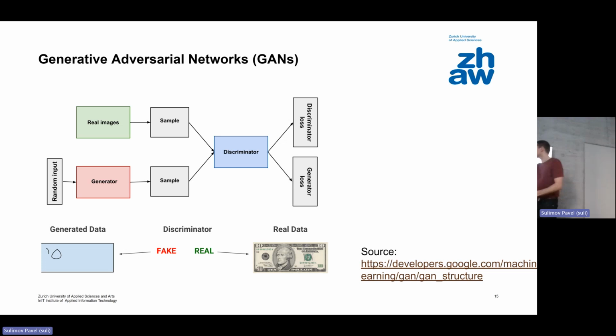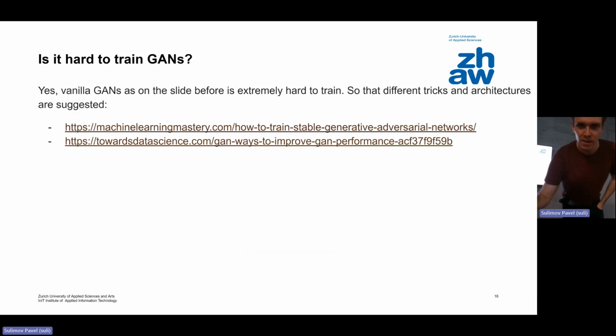So basically, you're going to take the samples, make this generation, and have a separate model that is then trying to discriminate. So the question is, is it hard to train? I can tell you in advance, very hard. Why? Because this architecture has two models that are competing. The key problem is that initially, when I give you just noise, you can think of this noise as a sketch. I'm giving you a sketch and saying, convert this to dollars. You have no idea initially how to do it.